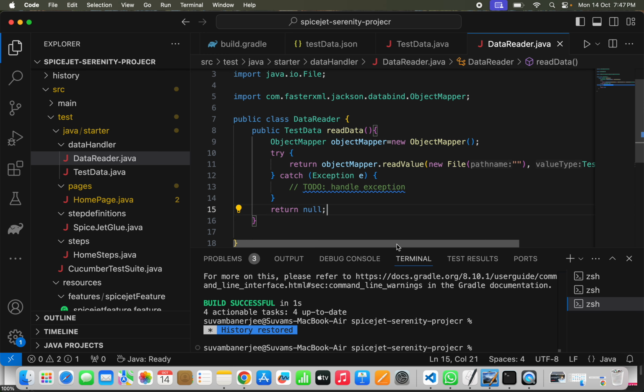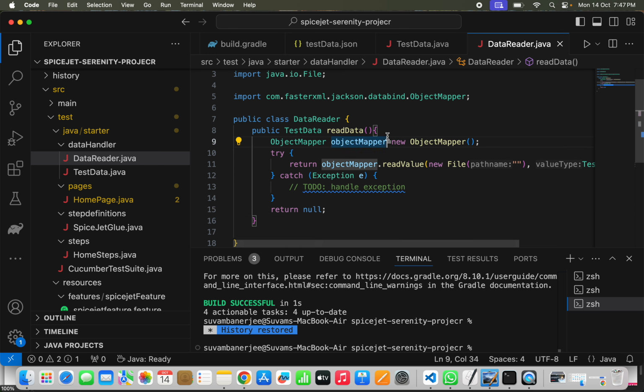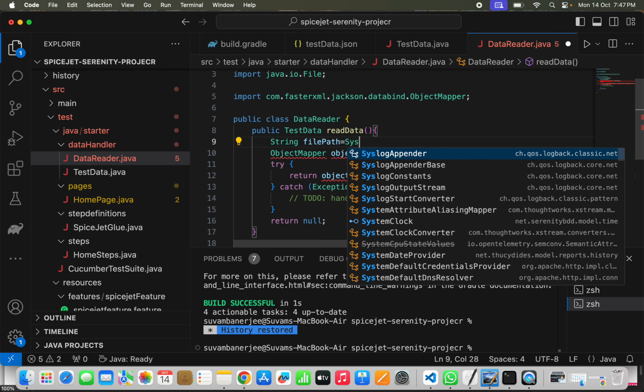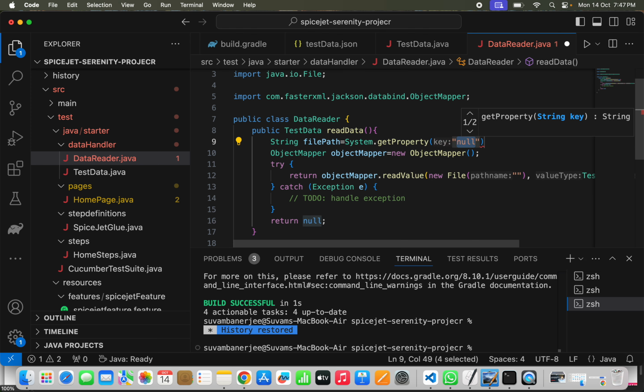So how to obtain that JSON file location? Let's find out here itself. The string file path equal to system dot get property. It should be